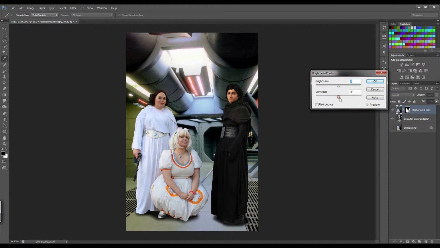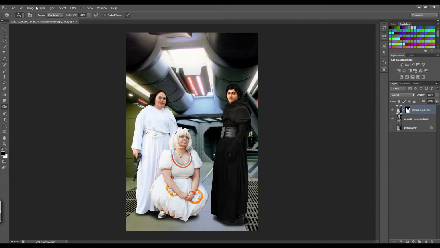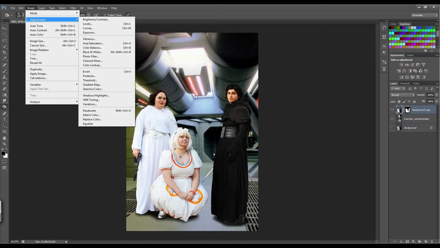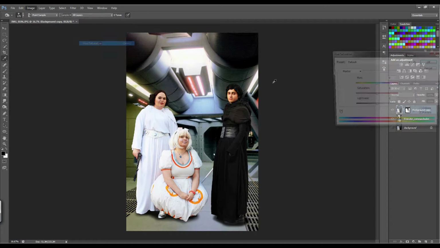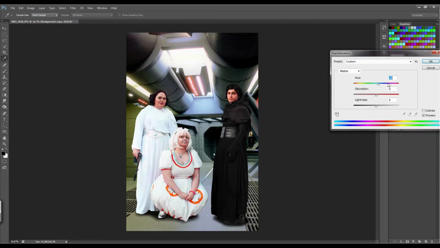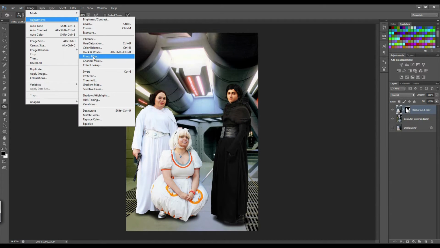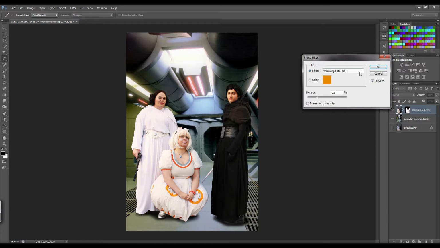So if we go to the contrast, just contrast that up, and then I'm maybe going to add a photo filter. The ways that you either change this to match your background are either we get the hue and saturation and we fiddle around with that, or we fiddle around with the colorize. This is obviously more if you're in a situation where this person is clearly under colored lights, or you can use a photo filter. I'm going to try a cooling one just to give us a slight hint of we're under